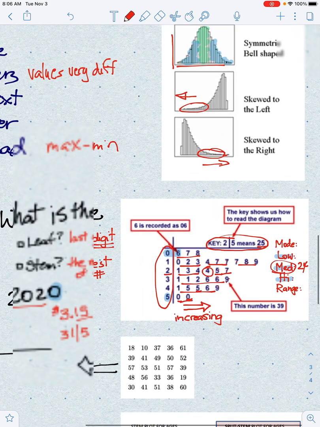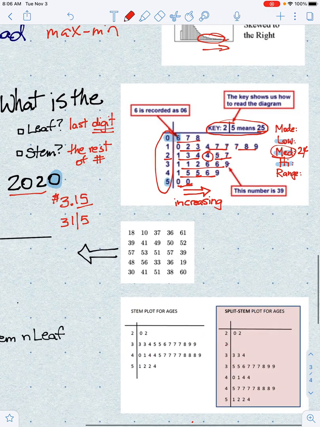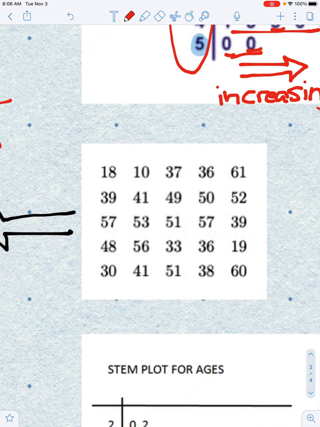All right. I'm going to go ahead and show you how to make one. Here's a data set. It doesn't have any context. This data set is just the numbers. I want you to focus on how it works, how to create it, as opposed to trying to interpret